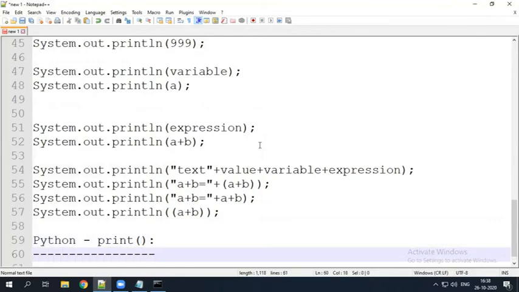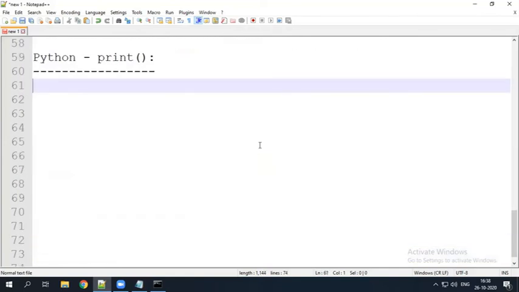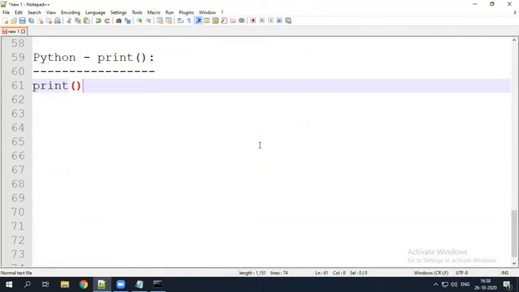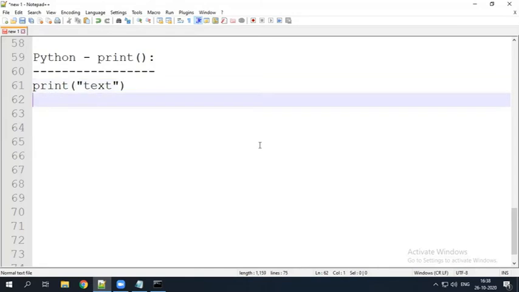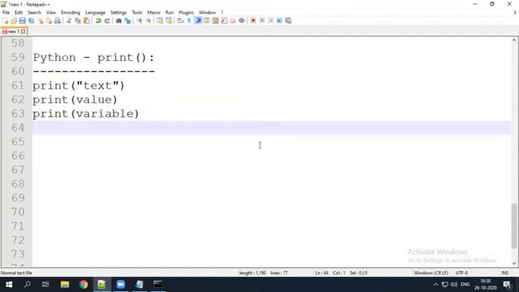Similarly, what we have discussed previously, here also we'll do the same thing. Print, so within double quotation you can specify some text. Print, you can specify some value, or some variable, or some expression.